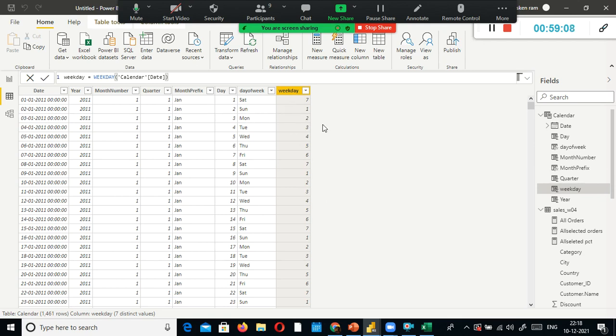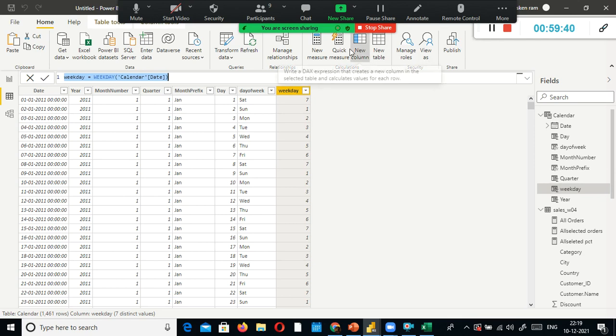But now the question is, my week does not start on Sunday. It starts on Monday. What should I do? What we will do is, this weekday function returns some value 1, 2, 3, 4, something like that. So here what we will do is use the second option.